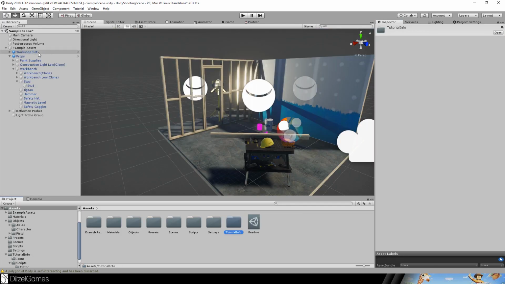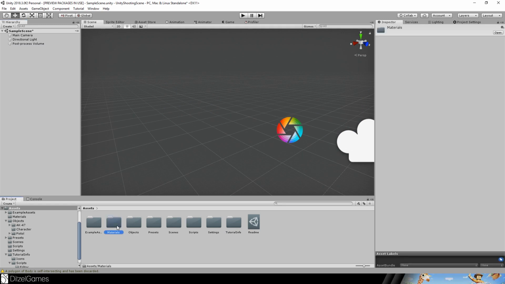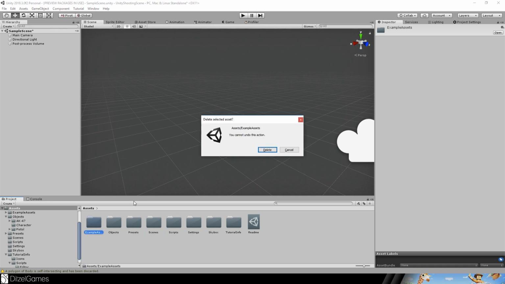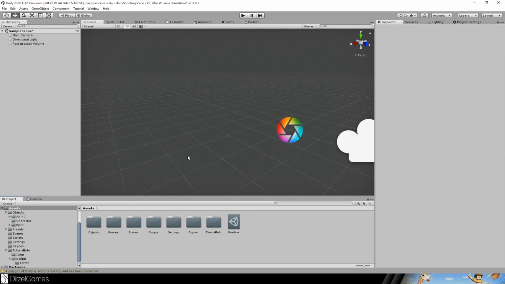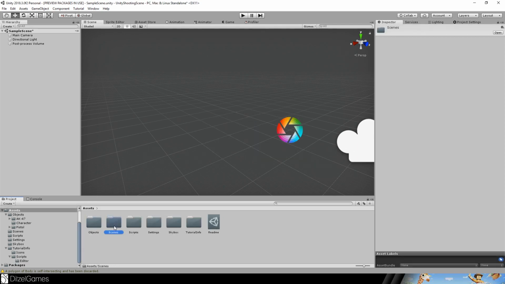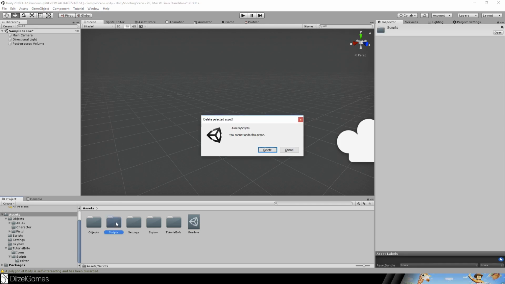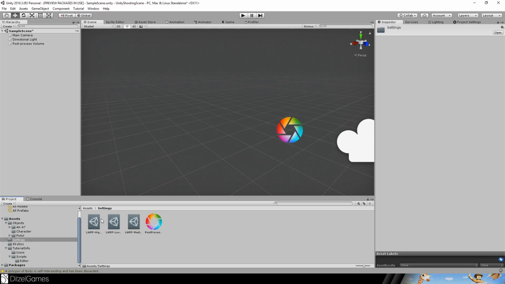First thing I will do, I just delete those sample assets. The materials just contains a skybox, so I will rename it skybox. It's okay. Example assets, we don't need them. The presets are just audio presets. We will delete them as well. The scenes are not important to us. The scripts are not important to us either. The settings are nice because they already got predefined